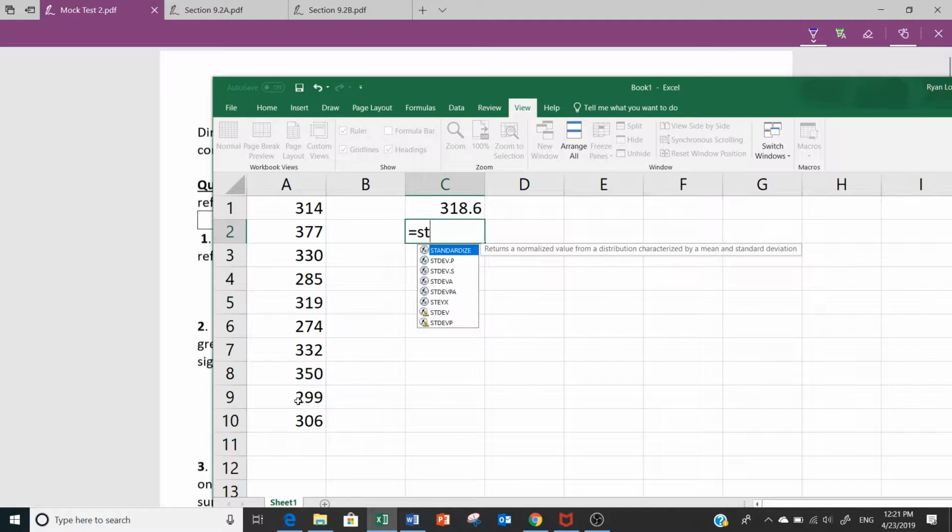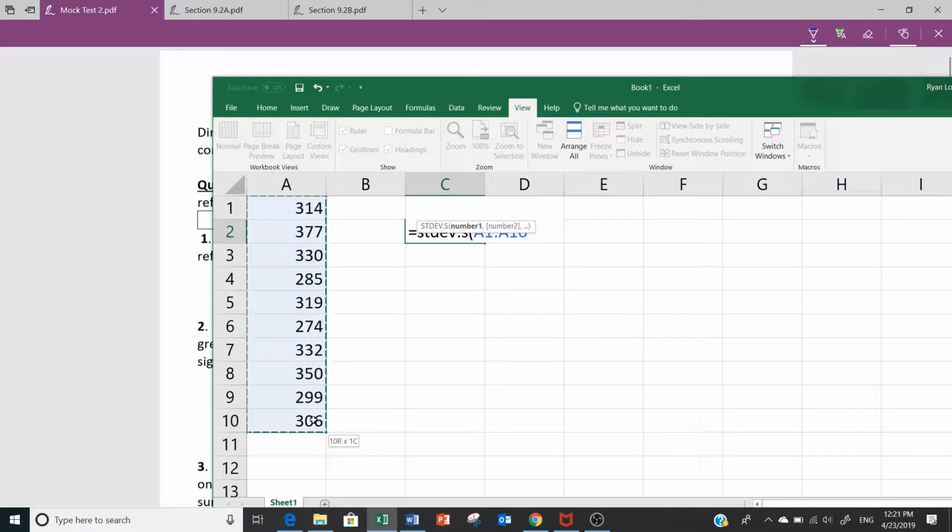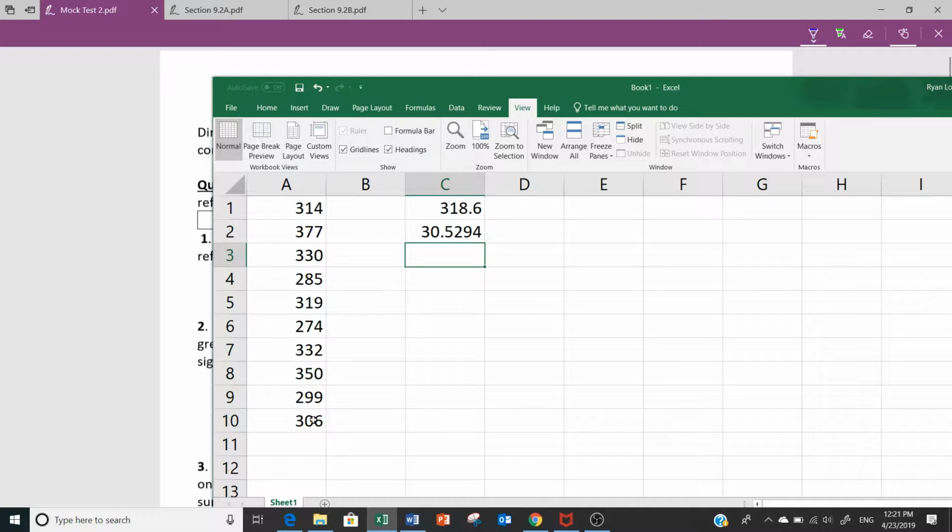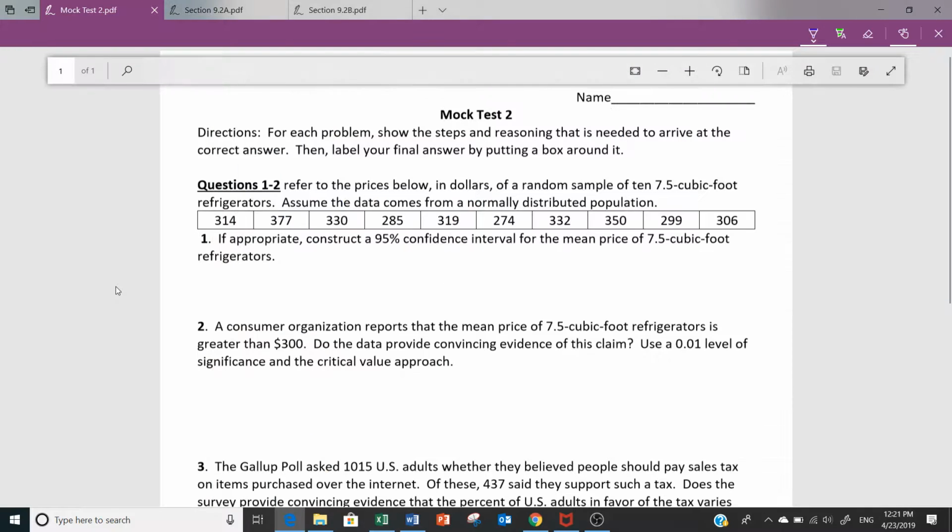Standard deviation, STDEV.S, highlight the values, 30.53. So I'm going to write those down. So we have X bar is equal to 318.6, S equals 30.529. Now I'm going to find the margin of error using the formula, which is E equals